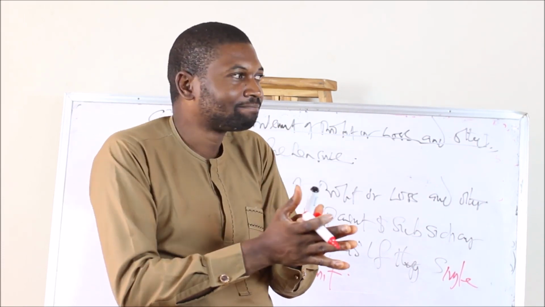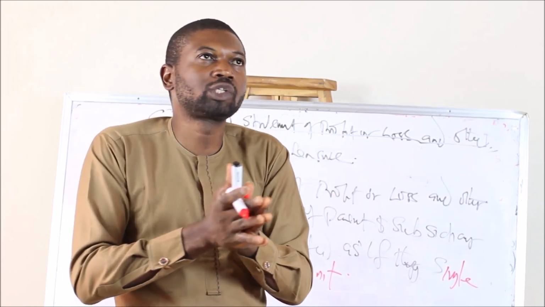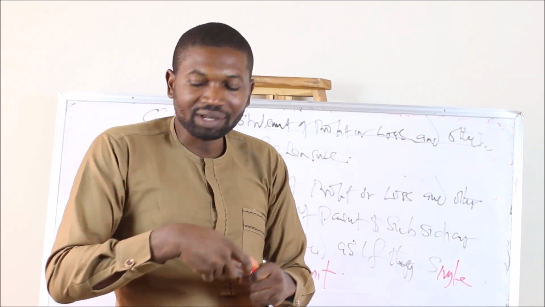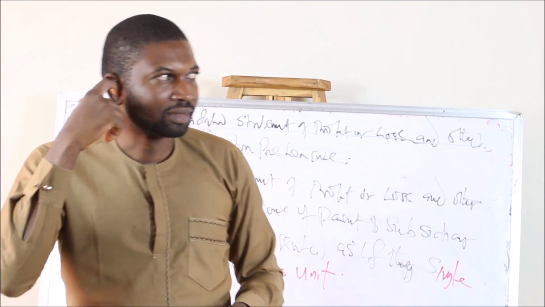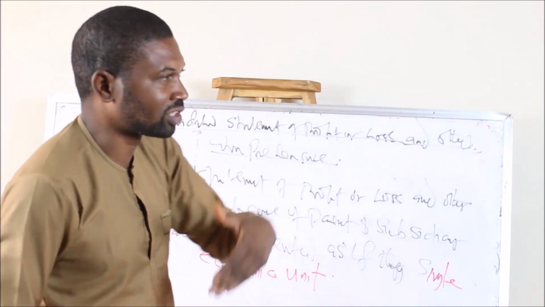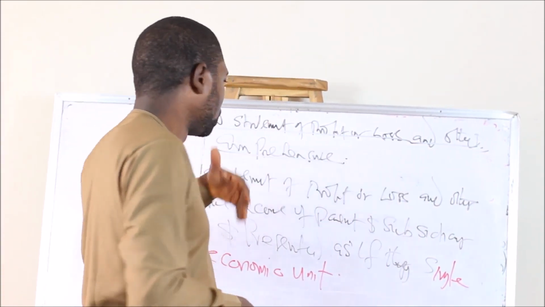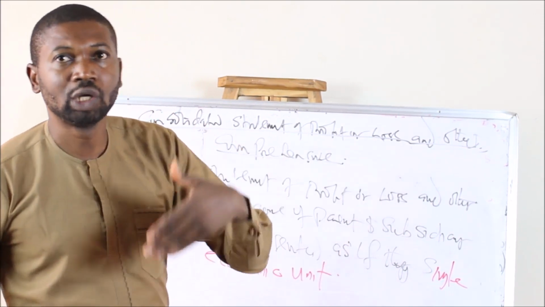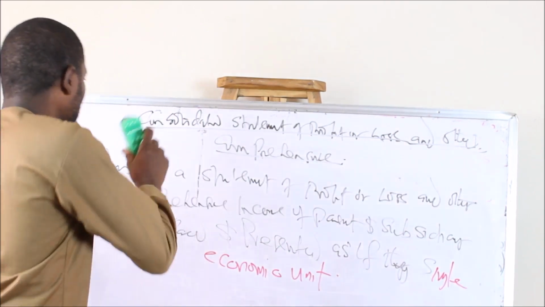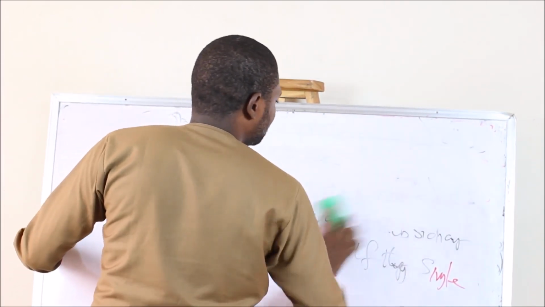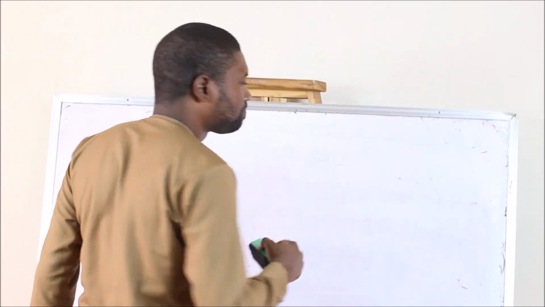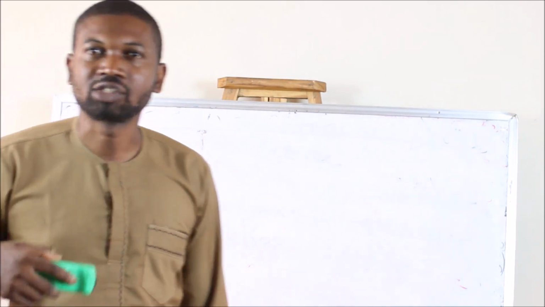If you remember, based on the IAS, IAS 1 is talking about presentation of financial statements. Whenever we are presenting financial statements, which is IAS 1, financial statements comprise a statement of financial position, statement of profit or loss and other comprehensive income, statement of changes in equity, statement of cash flow and all that. Now, you should know, based on that IAS 1, there are some items that make up the statement of profit or loss.